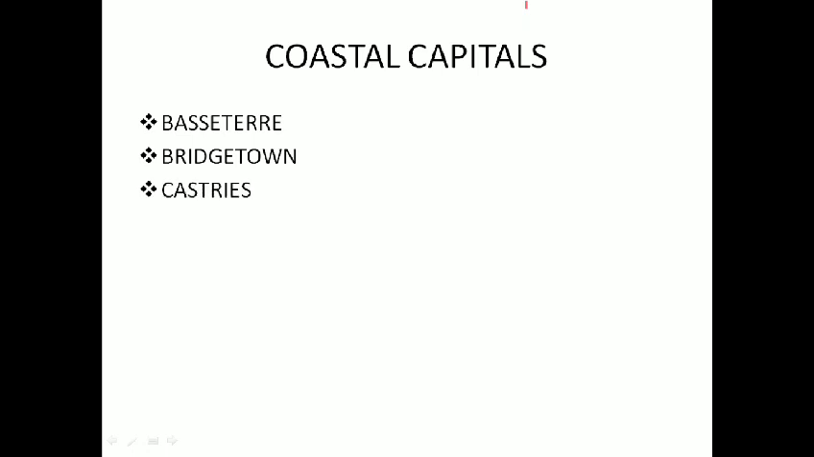Coastal capitals. Now the capitals of some of the North American countries which are located on the sea coast. Now let us see. Basseterre, Bridgetown, Castries. These are capital cities of North American countries. Georgetown, Havana,